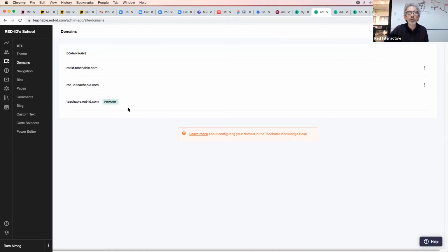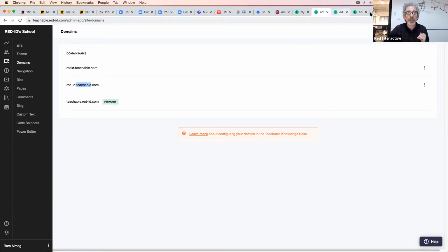And once you make it the primary domain in Teachable, when you're purchasing, there are two steps. The first one is the checkout page, which still stays on Teachable. It's not even redid, it's sso.teachable.com. So you don't have control over it, and still no tracking. I'll get back to that, because that's the second part of the hack.